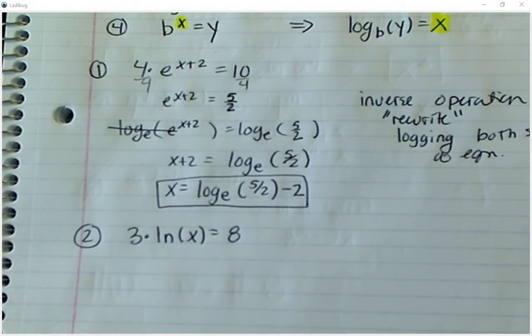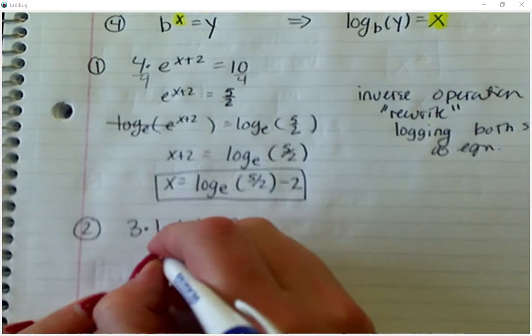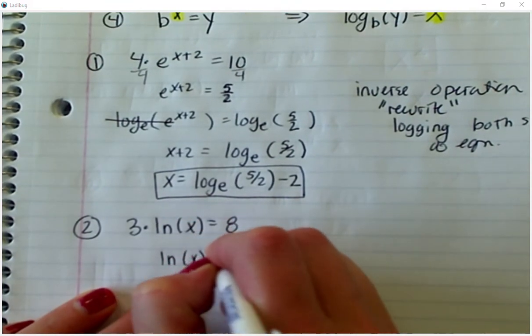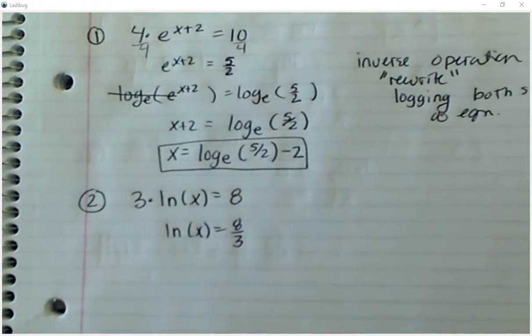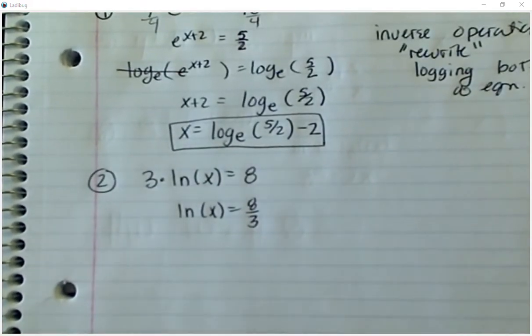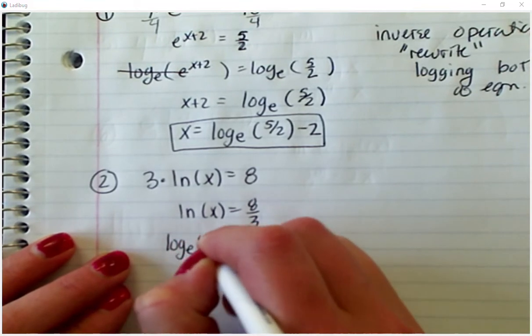Okay, this is category number 3 because the x is inside the log. Now, you have a couple choices. You could move the 3 to the power, or you could divide. I would prefer to avoid exponents if possible, right? Dividing is easier than making that a power. So I'm going to divide by 3, and I'm going to write this as log base e,